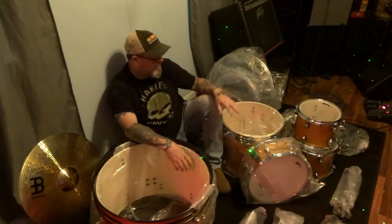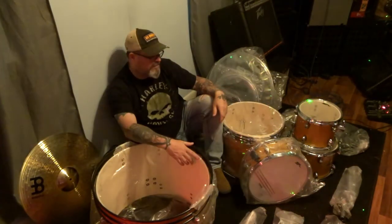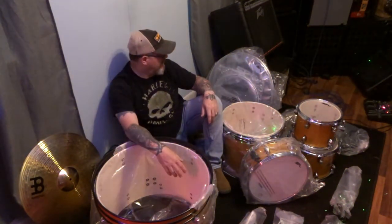And I really like this gold sparkle. I think it stands out. I think it'll stand out when it's on the stage as well as just in a practice room. So yeah, we're gonna dive right in and put this kit together, and then we're gonna see